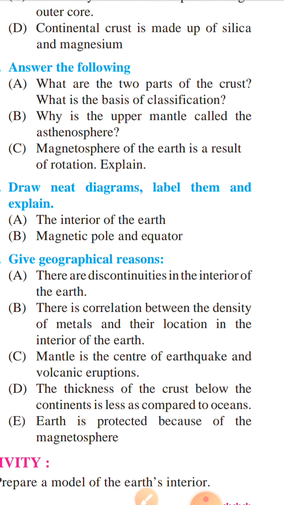In this way, you should write there: the earth's atmosphere is protected from solar winds coming from the sun due to this magnetic field. Third point: however, the earth's atmosphere is protected from the solar winds because of the magnetosphere. Got it? Isn't it, students? So in this way we have discussed all these answers.